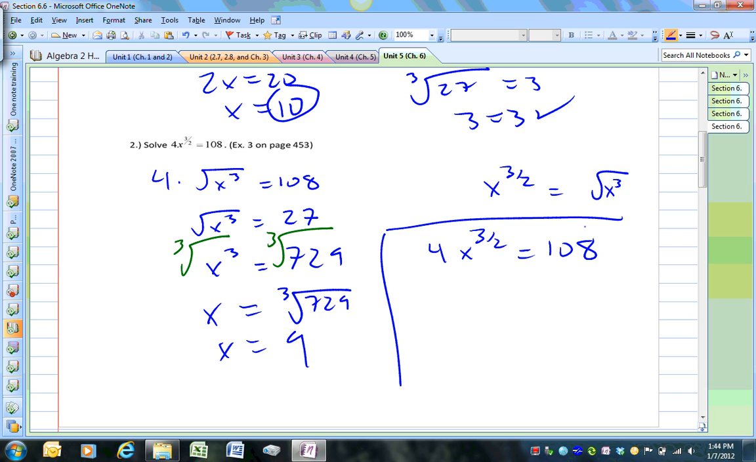Now another way you could have done this is leave it in rational exponent form. And now remember, only the x is being raised to the 3 halves power. So you've got to divide by 4 first. If we didn't have the 4, then we wouldn't have to divide by 4 first. Then in that case, we would get rid of the exponent. And the way you get rid of the exponent